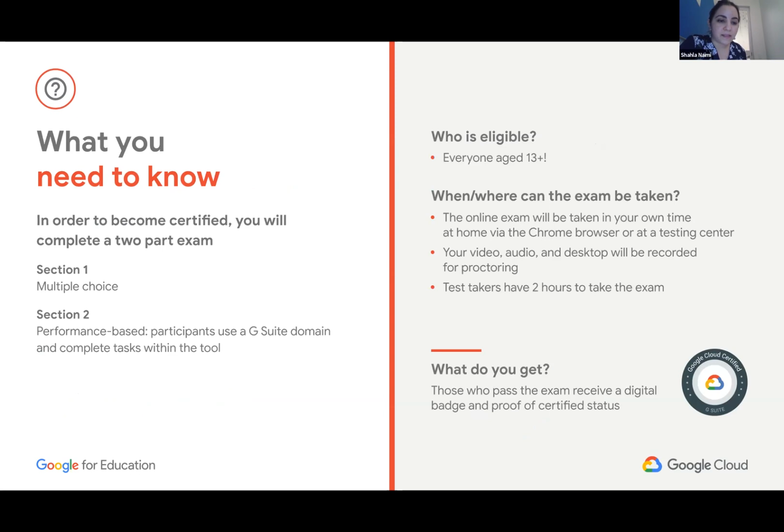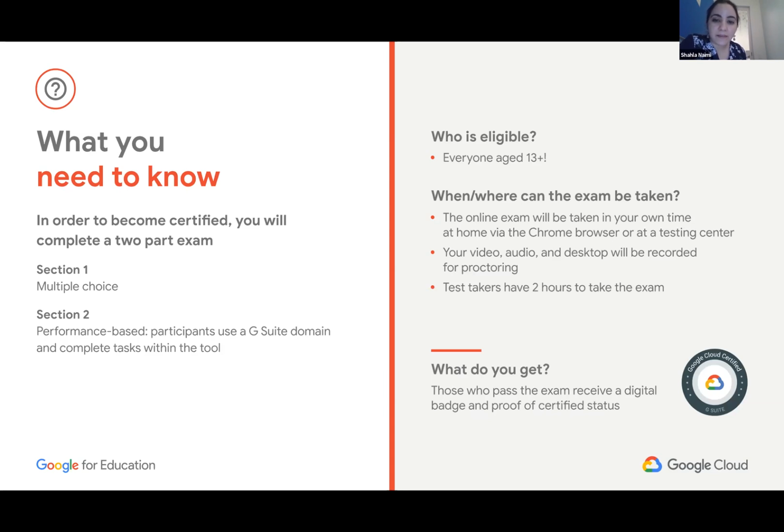When you sign up to take the exam, it prompts you to download a Chrome extension that you can get from the App Store or the Play Store, that then creates basically a simulated fake environment that you can use to start to perform tasks within a tool.